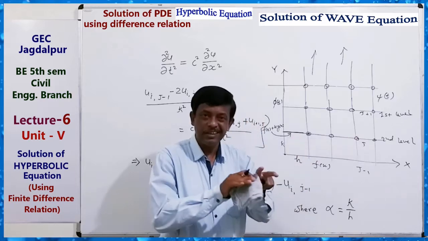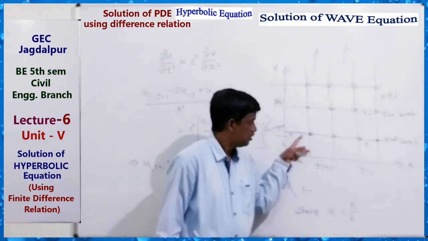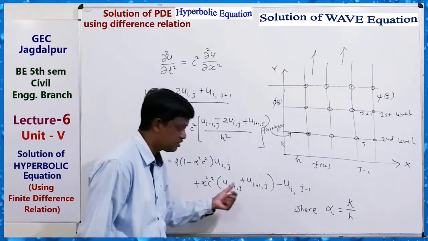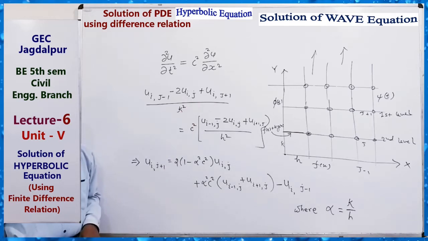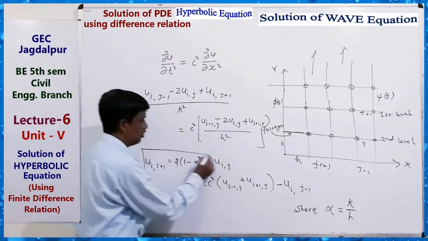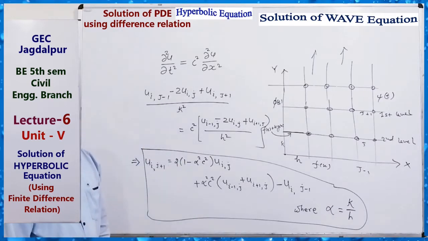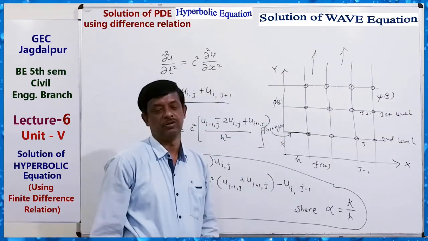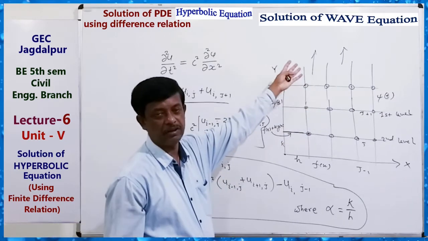These two levels are at the initial condition level. So from the initial condition, we can get the values of the function at these two levels. By using these values on the right hand side, we can find the values at the upper level. Okay, so this is our formula. Clear? We use this formula with the initial condition and boundary condition for finding values of the function at the upper level.